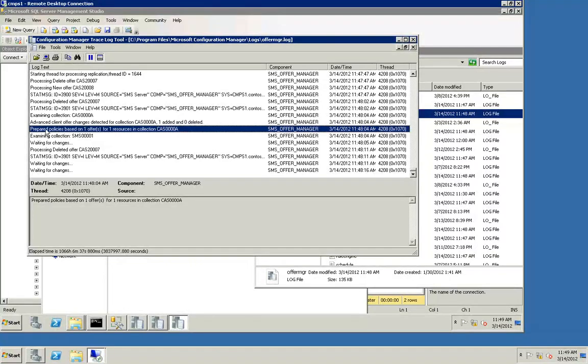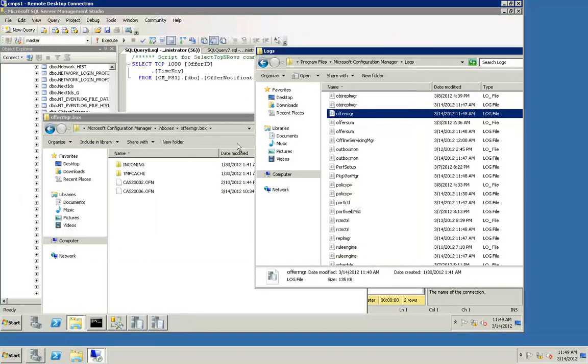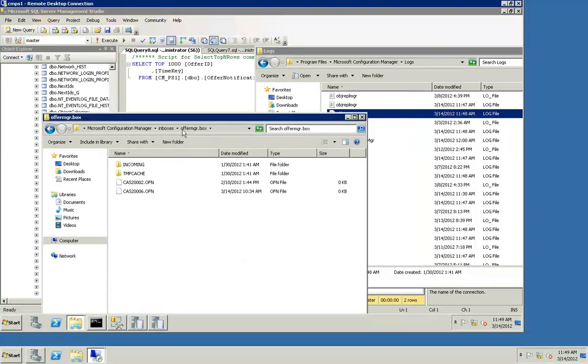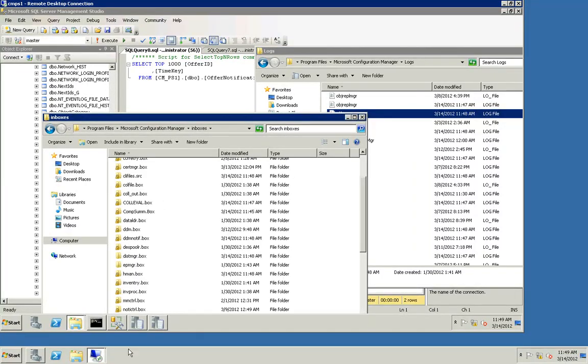Offer Manager, though, doesn't actually prepare the policy. We see what's happening here, and we can track it along, but just reading this one line, you would think maybe that Offer Manager prepares the policy. It actually doesn't. There's another component called Policy Provider that prepares the policy. So if we go back to our inbox and look now at Policy Provider,